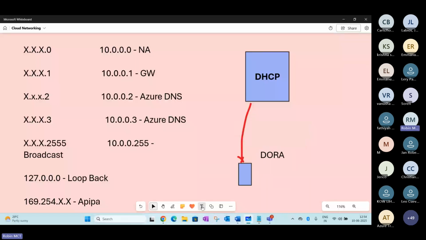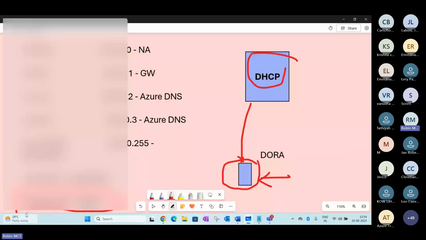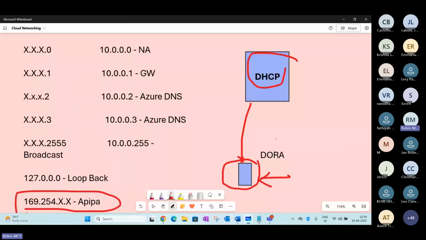Take a scenario where your DHCP server is full and your newly added client is not able to get any IP address. Your operating system will create a system-generated IP address in the 169 series. This is only used for communicating with other devices. You cannot communicate with the rest of the devices or resources on the network. It simply creates one address, called the automatic private IP address here. Is that point clear?